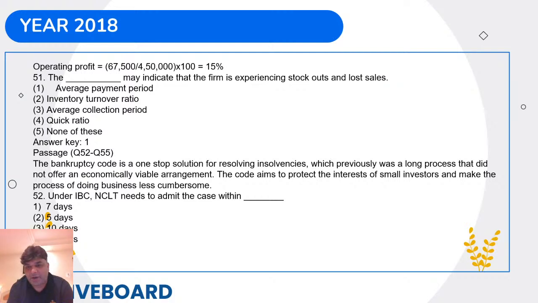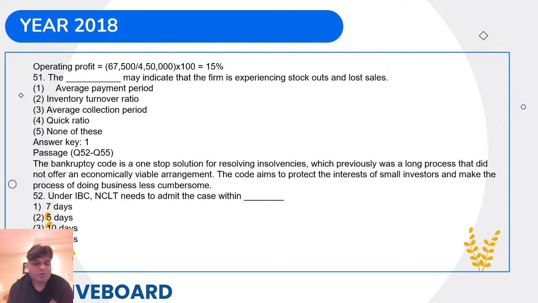The code aims to protect the interest of small investors and make the process of doing business less cumbersome. So quite naturally, this is about the Insolvency and Bankruptcy Code, which was introduced in India in 2016. Right, basically this was about the exit clause which was offered to a lot of companies, especially companies belonging to the MSME bracket, so that their exit was smooth and so that their bad loans could be restructured or could